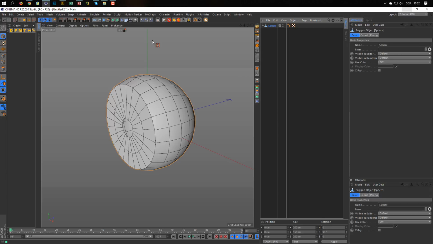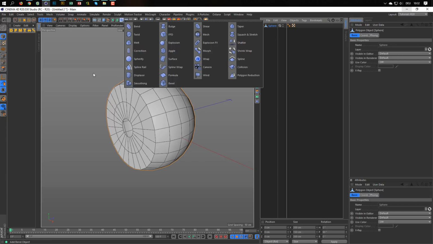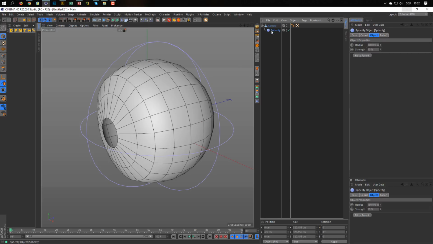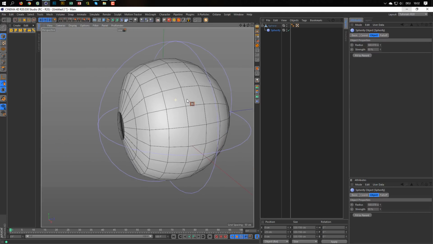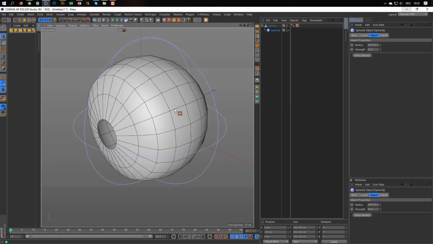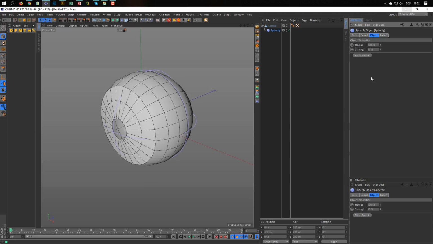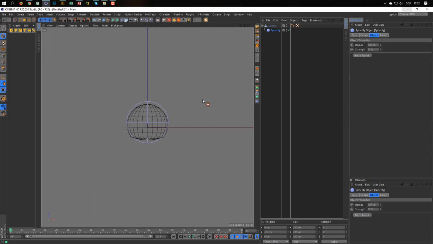So I go to my sphere, select it, and go to my deformers here, and we have the spherify. I hold my shift key so the spherify becomes child of the sphere, and you see it does something. My sphere was 100 radius here, and this does not look quite nice.